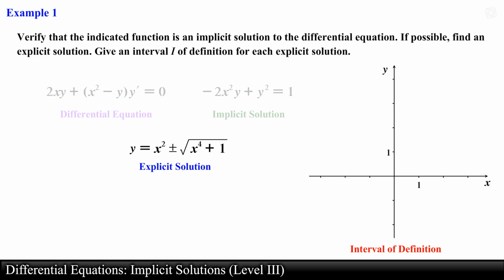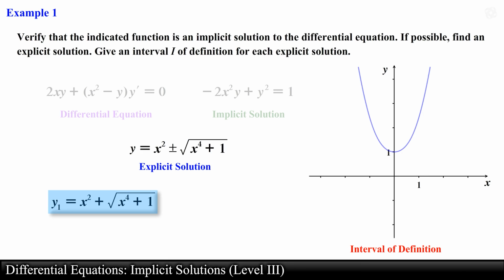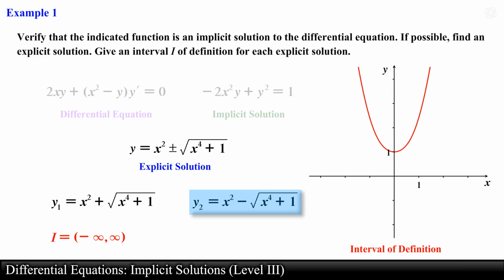Next, let's go ahead and plot both of these solutions. The positive solution generates the following graph. The domain of this function is essentially all real numbers, from negative infinity to positive infinity. And this will also serve as our interval of definition. If we use the second explicit solution, we obtain the following graph. This function is also defined from negative infinity to positive infinity, and this interval also serves as an appropriate interval